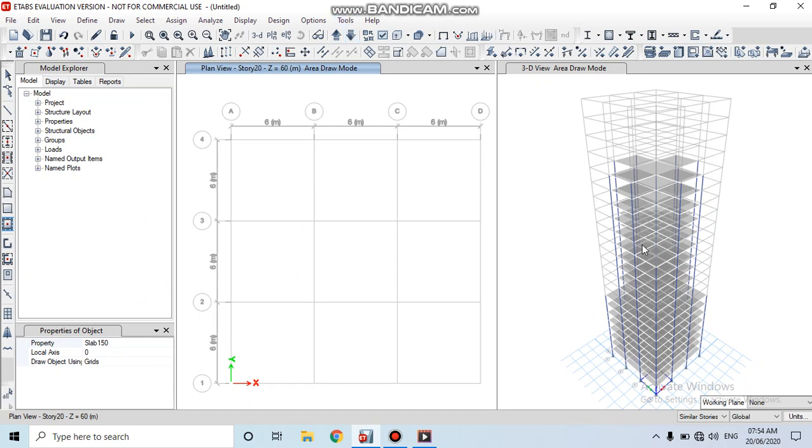Here the similar stories option can be used instead of auto select properties. First select one story. Then by quick draw column,